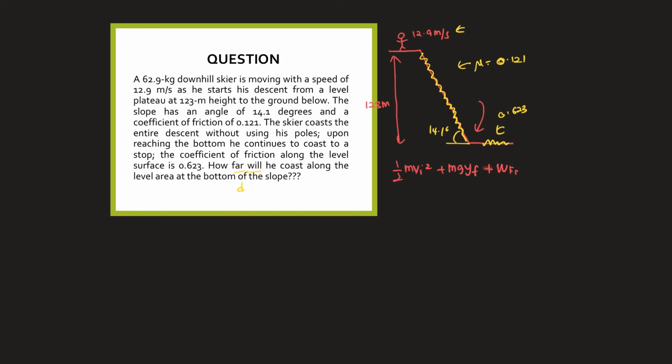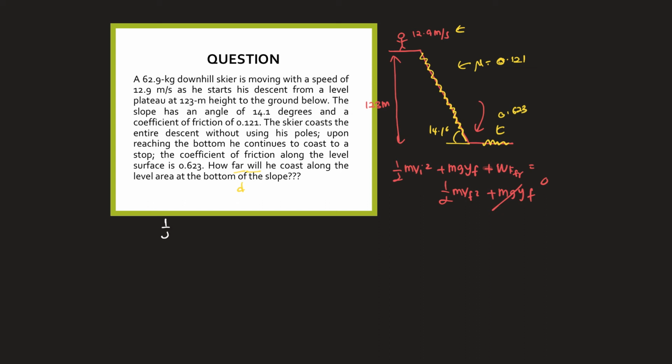I'm going to show you step by step. Half mv final square plus mgy final. Okay, so at the early part there's going to be a potential and kinetic, so at the bottom it is going to fully convert into kinetic, so the final is going to be 0 over here. So you're going to get the formula here,